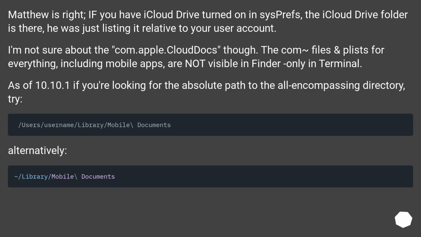He was just listing it relative to your user account. I'm not sure about the com.apple.CloudDocs though. The com files and app lists for everything, including mobile apps, are not visible in Finder, only in terminal. As of 10.10.1, if you're looking for the absolute path to the all-encompassing directory, try the following. Alternatively,